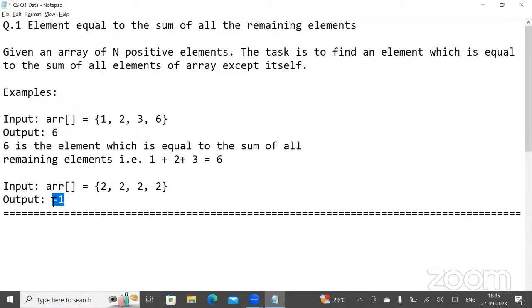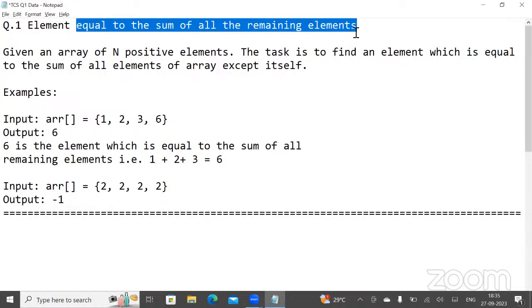That is the reason it returns -1. So let us understand this logic correctly and implement it. Here we have to find the element which is equal to the sum of all remaining elements from the array.